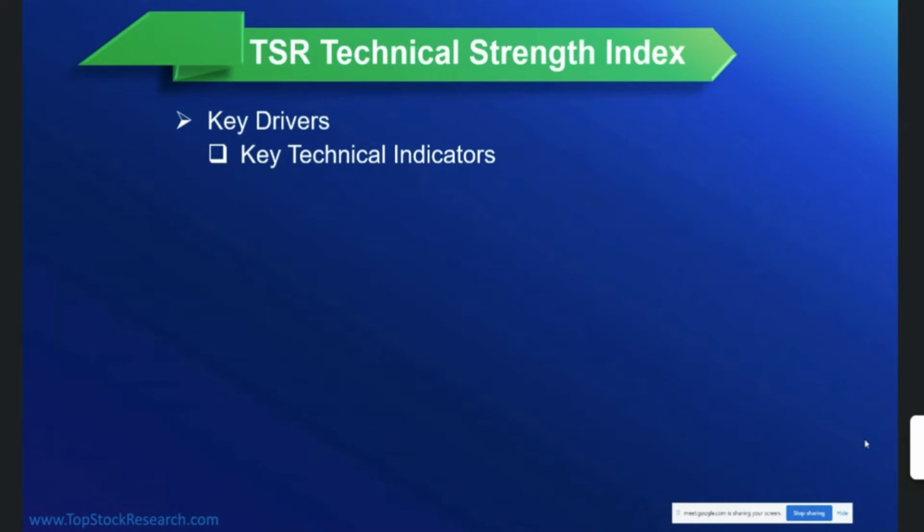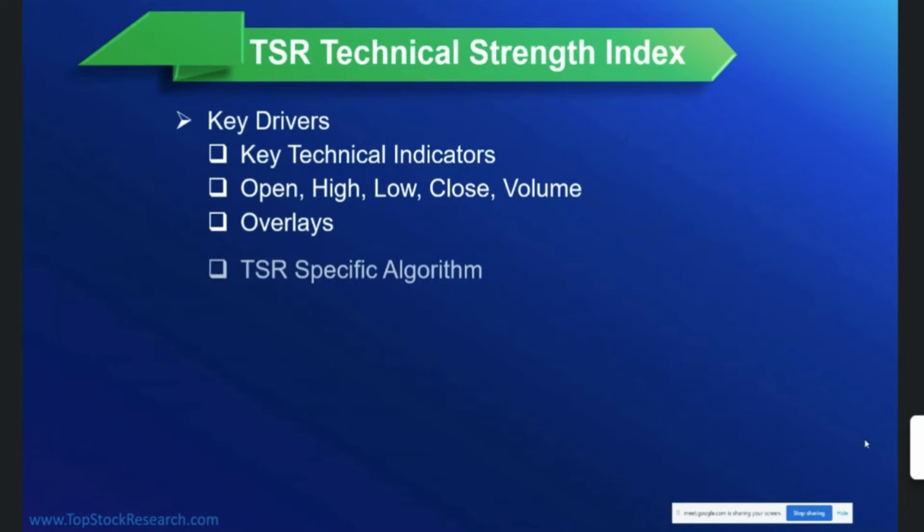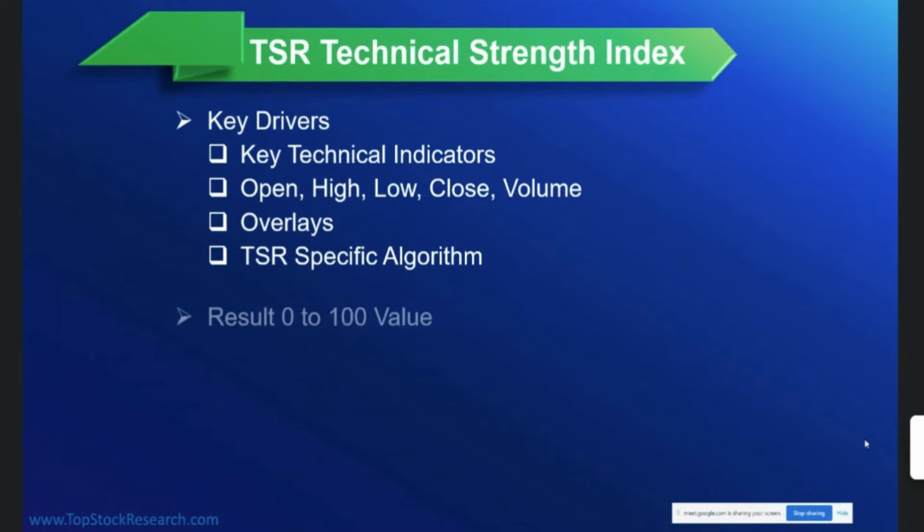So key technical indicators, industry standard, some of them we use, right? OHLCV, overlays, a lot of overlays, and lots of things like patterns. There's no formula for pattern. There's no formula for trend. There's no formula for support and resistance. Of course, you do have certain basic formulas, but those are very, very basic. This is an extremely complex process and a very well tested and very used thing.